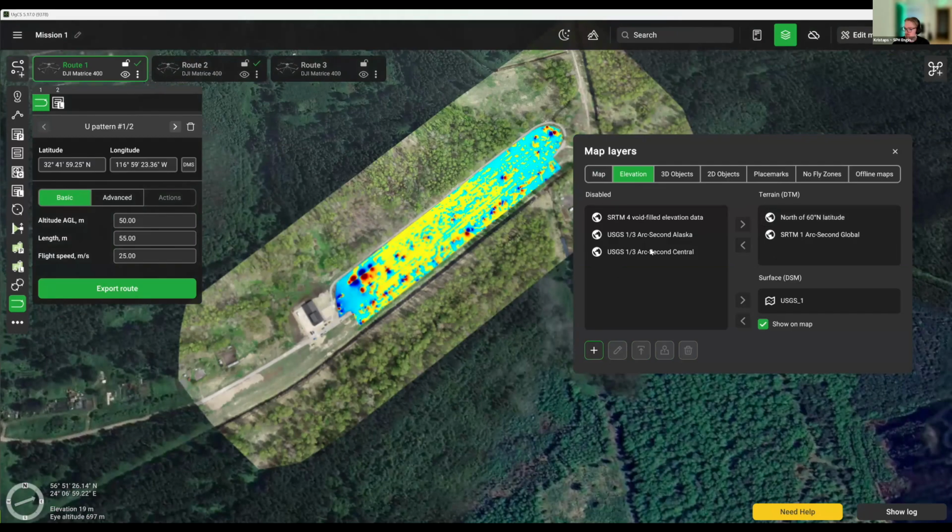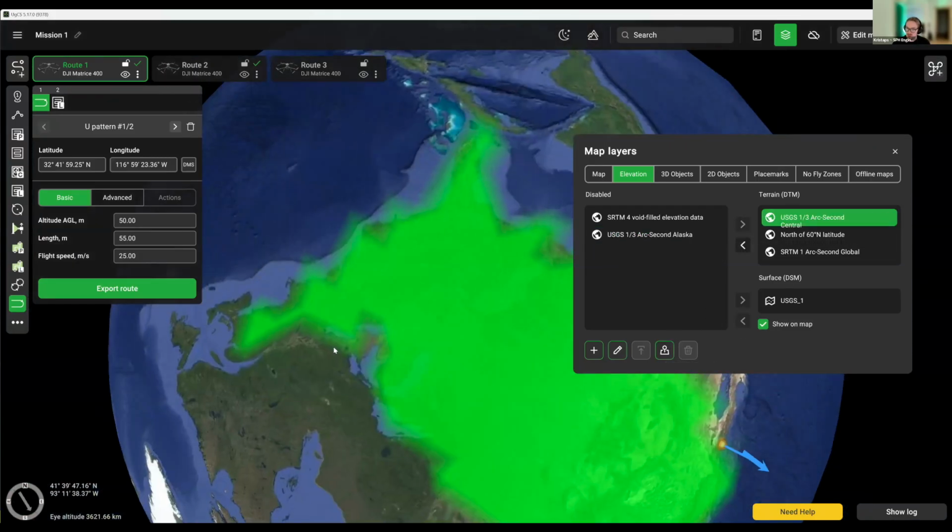So you have these two layers. For those of you who are located in the United States, we do have the USGS, again, not to be confused with UGCS. But yeah, we have the USGS 1/3 arcsecond elevation data that's also available here by default. So this has 3 times higher resolution than this 1 arcsecond, and you can easily enable it by simply dragging this in here. And then now we can also click on this focus button,